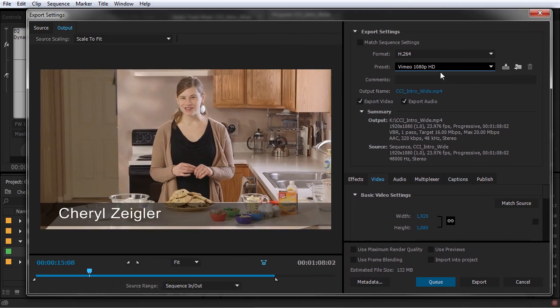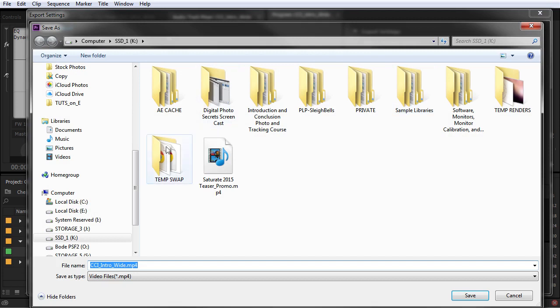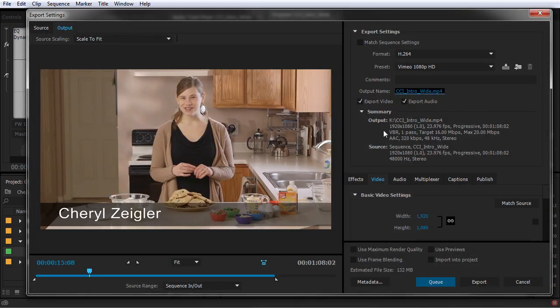And when you use a preset, it's going to set a bunch of parameters, which we're going to briefly go over. Right here, we can set the output name and also where you want it to save to. I'm just going to leave it on the default, but you may want it to encode to a specific location. Export video is selected. Export audio is selected. You do have the option to export either one or both. And then it gives you a brief summary of the settings that you have set up here.